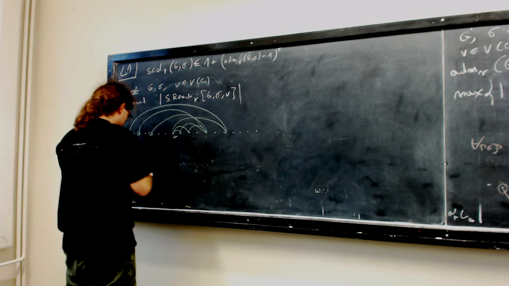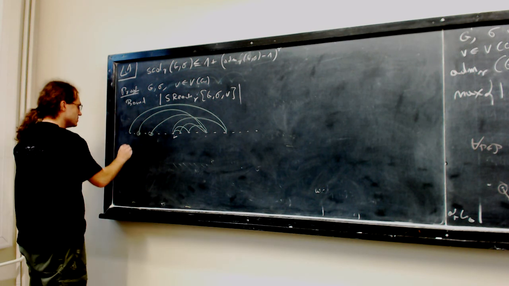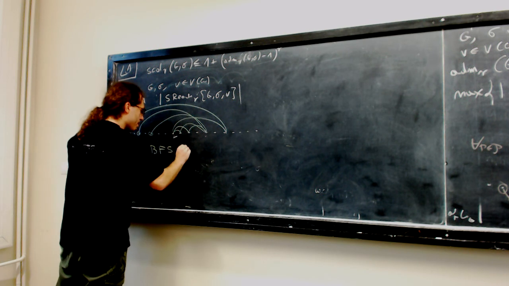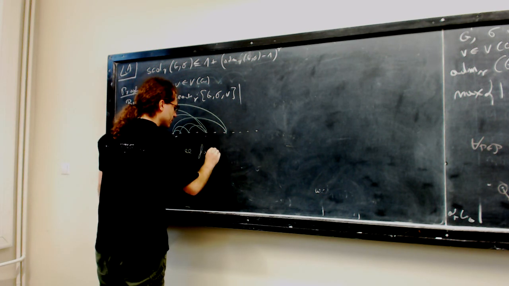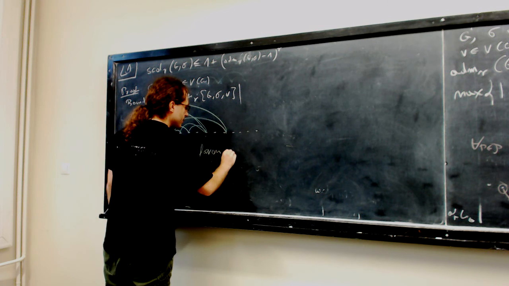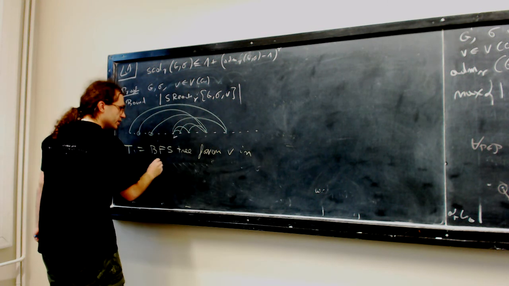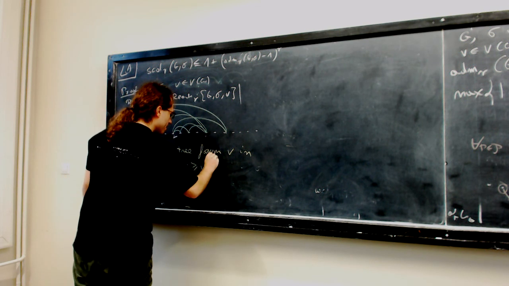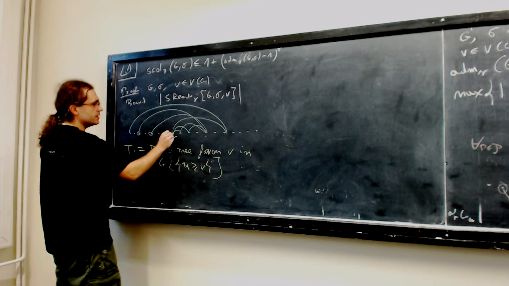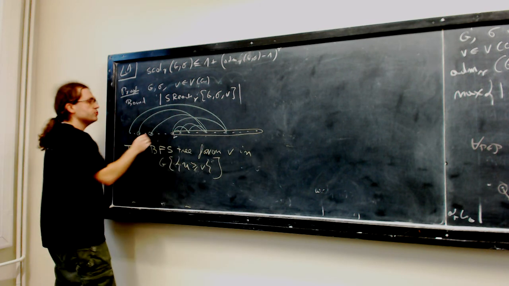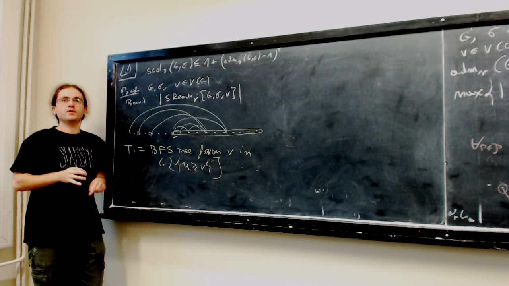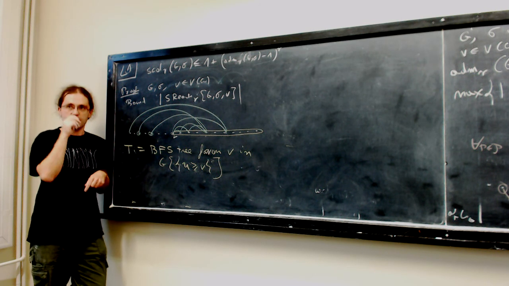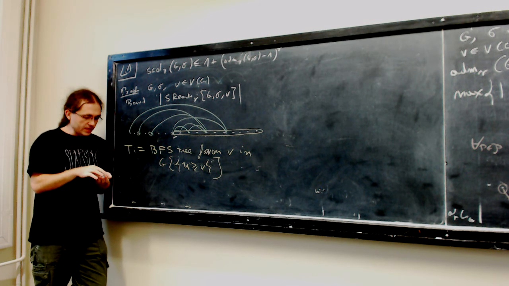So let's take T. This is a BFS tree from V in the graph induced by U larger than V. So I take all these guys that are here and run a BFS from V. Breadth first search from V, so like the shortest paths. And what I want to say is that